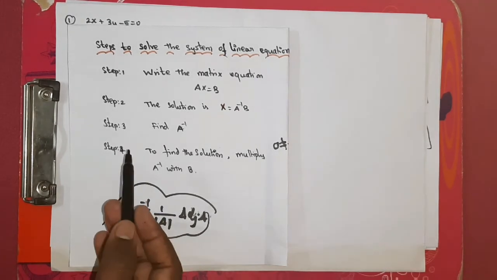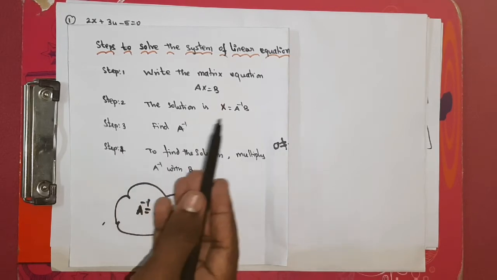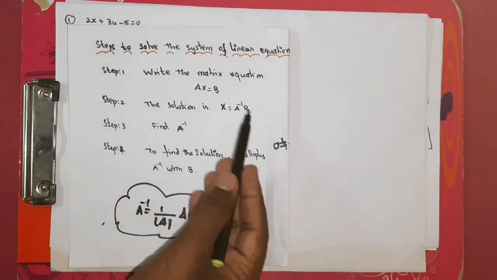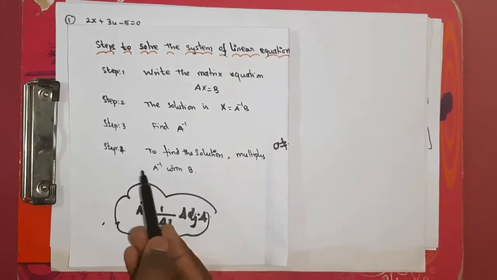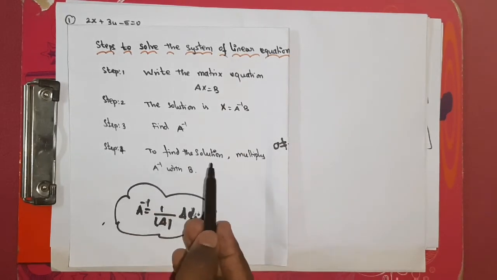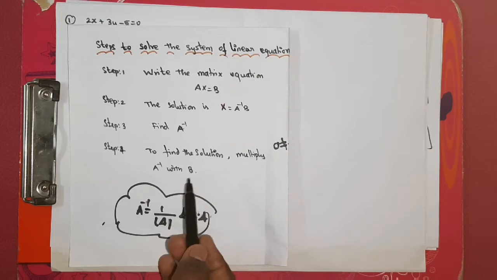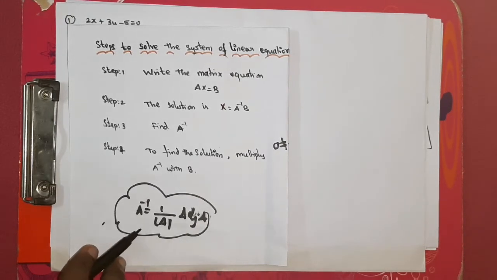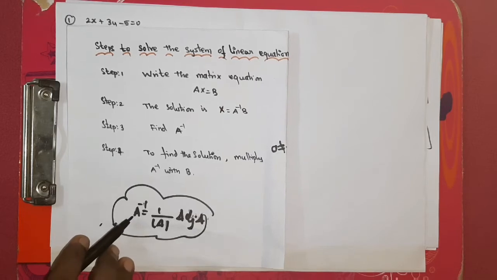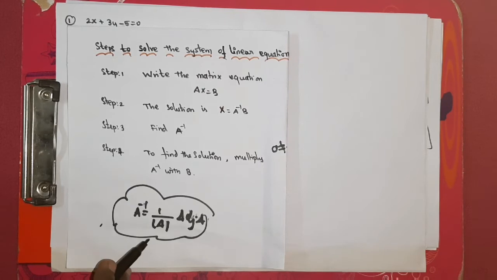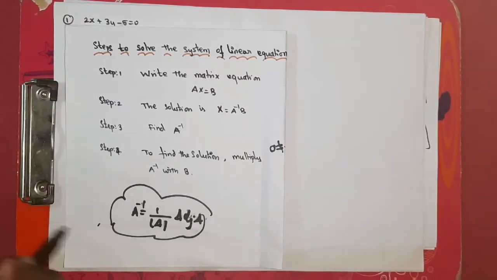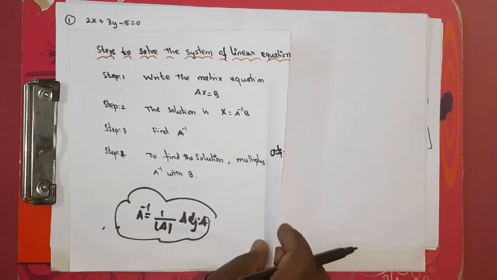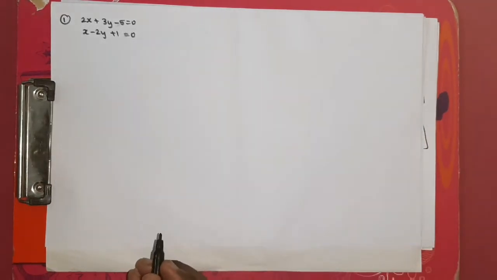And the fourth step is, after finding the A inverse, apply it in this place, and B will be there in the question. So multiply that. So that's step 4: to find the solution, multiply A inverse with B. Keep in mind, to find A inverse, the formula is 1 by determinant of A into adjoint of A. We can find A inverse only when the denominator, that is determinant of A, is not equal to 0. If you know the 4 steps clearly, then doing all the sums in this exercise is very easy. Okay. So now we are going to see the sum.